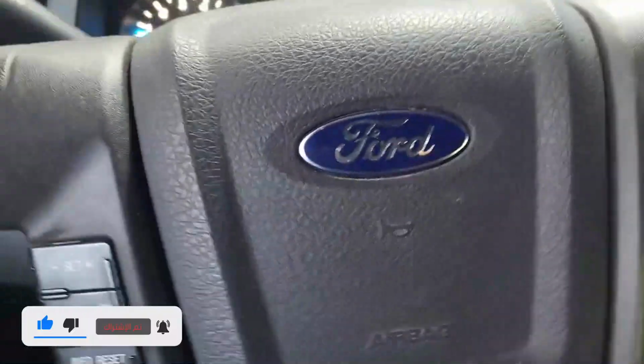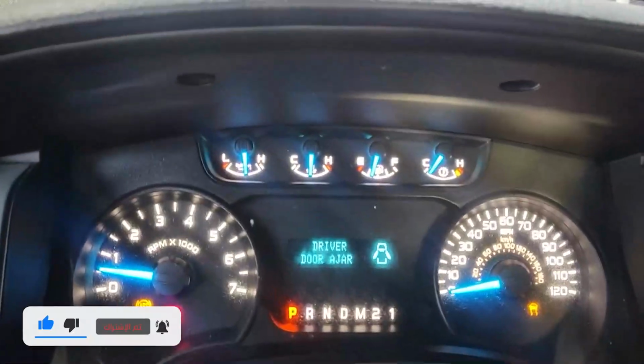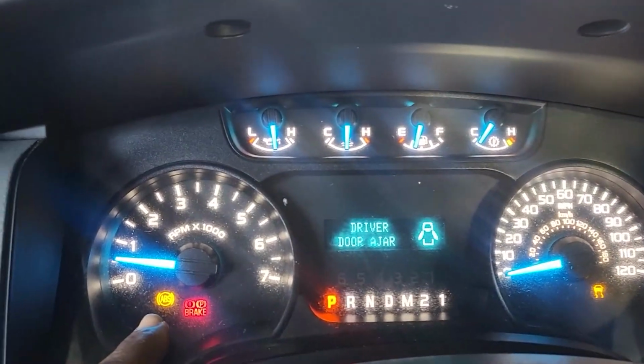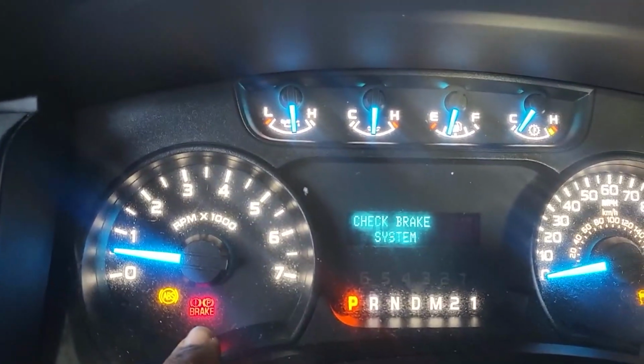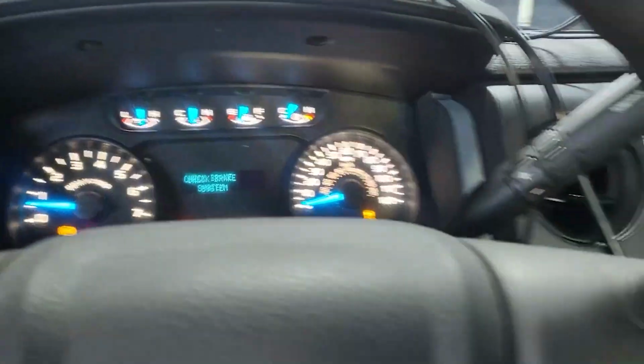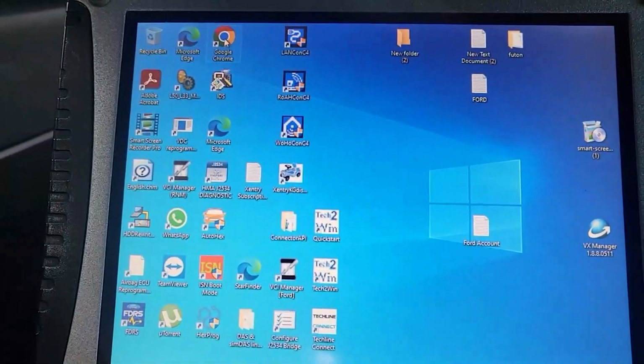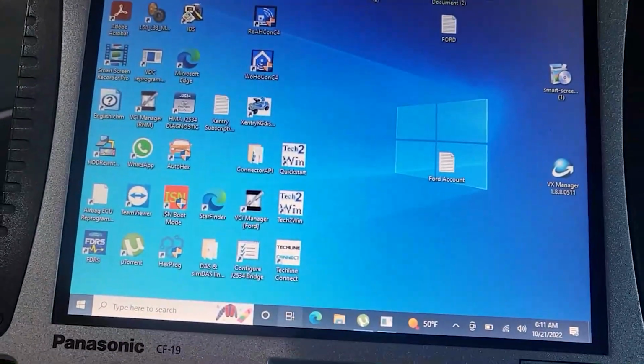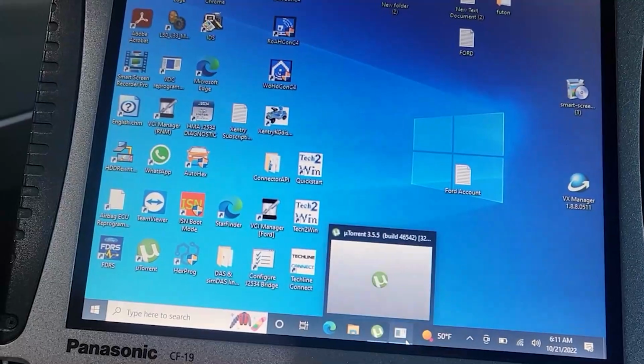Today, Ford pickup 2013. The ABS light is on, as you see here, and the brake light is on. The reason is they changed the brand new anti-lock brake system, and we have to use our IDS to program